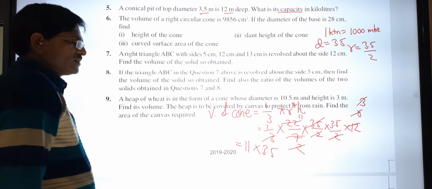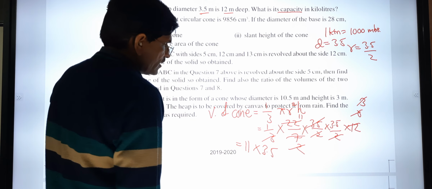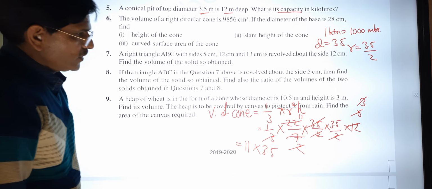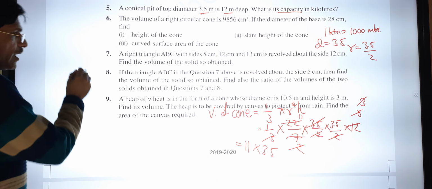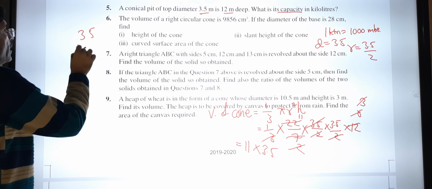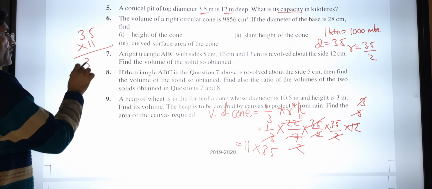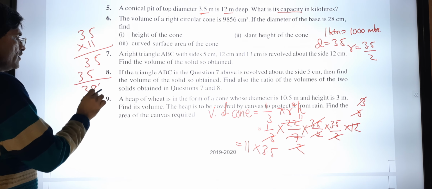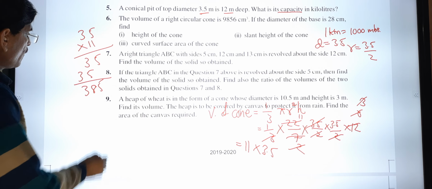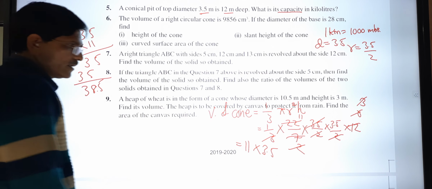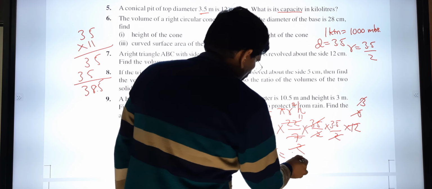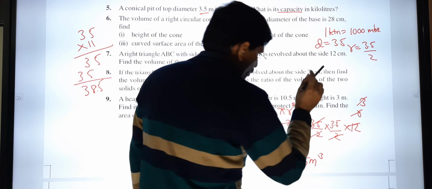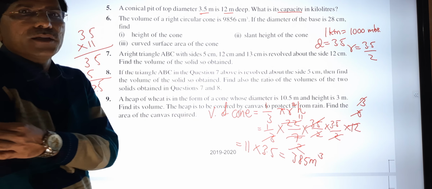Many times we have discussed, when you multiply by 11, just write 2 times the digit itself. So again we are doing 35 into 11. If you want to do the multiplication of 11 and 35, I have to write 2 times. So 3, 8, 5. Afterward, 1 point is there. So 38.5 meter cube, because we are finding the volume.